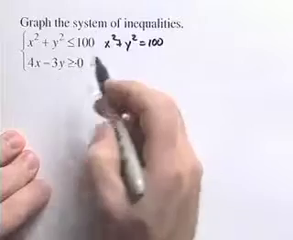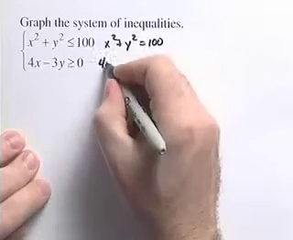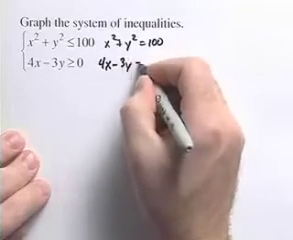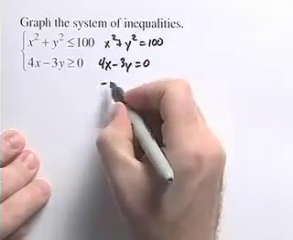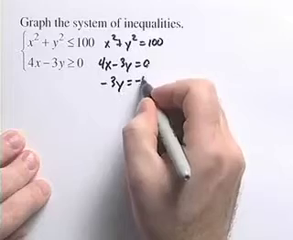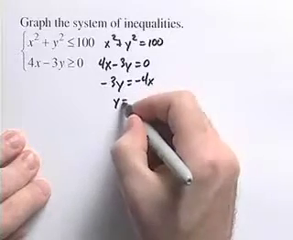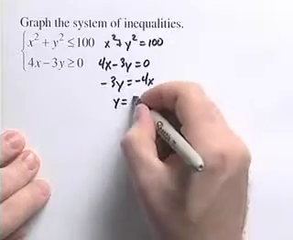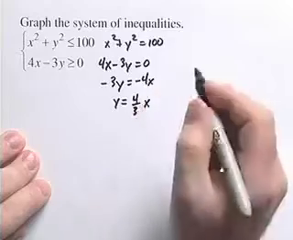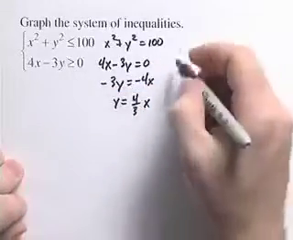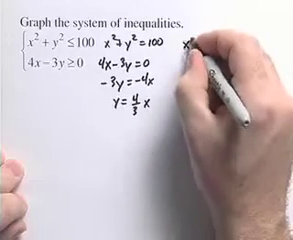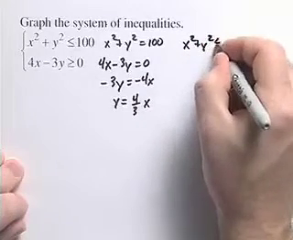Our second inequality, if we consider it as an equation, 4x minus 3y equals 0. If we solve this for y, we'll get negative 3y equals negative 4x, or y is equal to 4/3 x. Now with our inequality, we really want x squared plus y squared less than or equal to